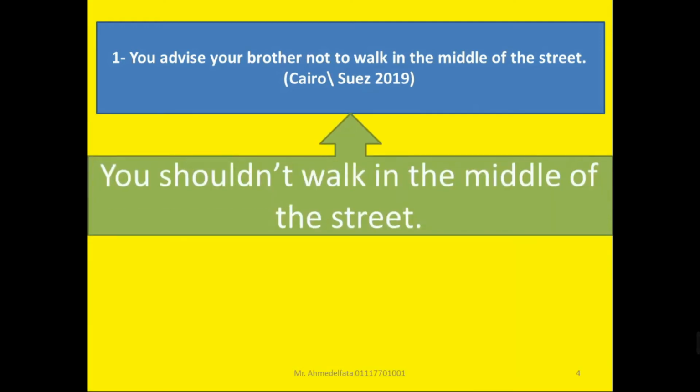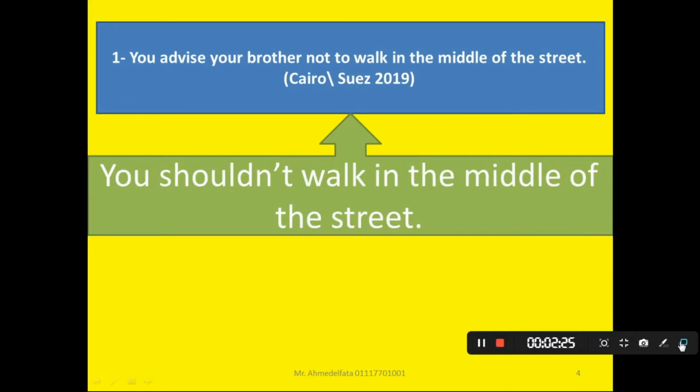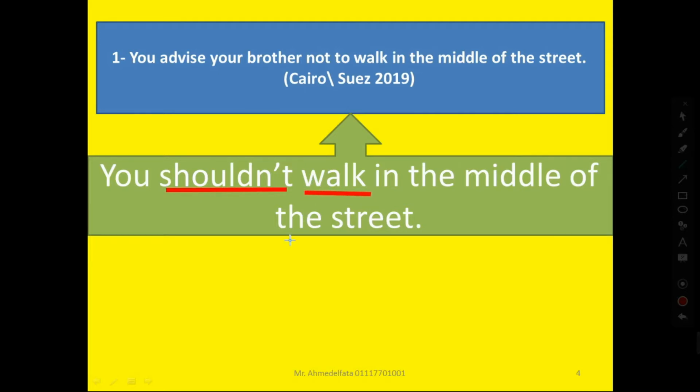You shouldn't walk in the middle of the street. طبعا استخدم هنا shouldn't plus infinitive. استخدمنا هنا shouldn't وبعديها الانفينيتيف اللي هو walk. You shouldn't walk in the street.